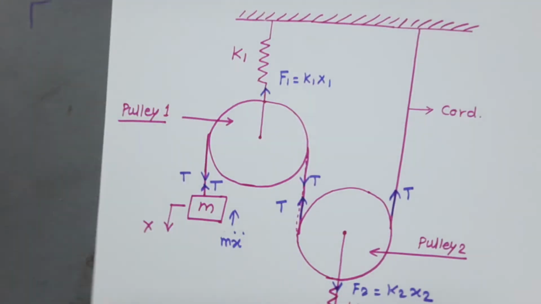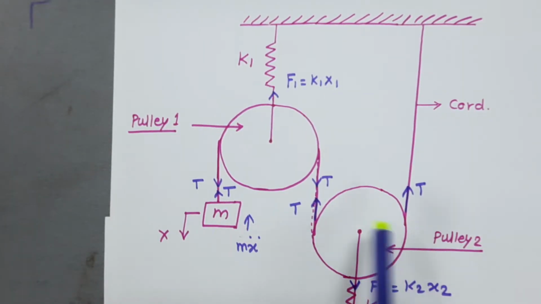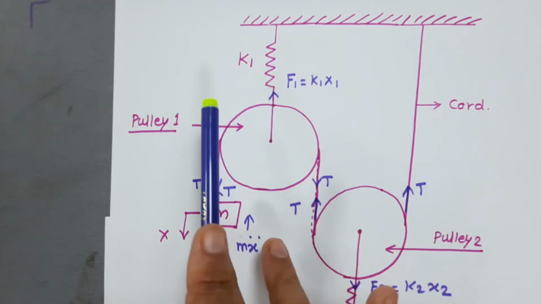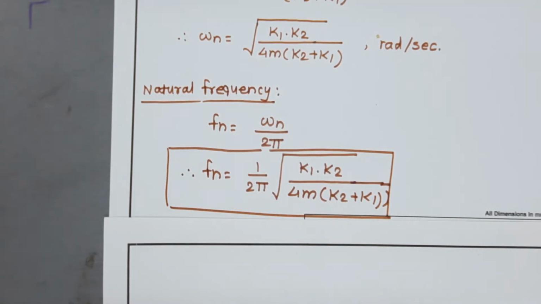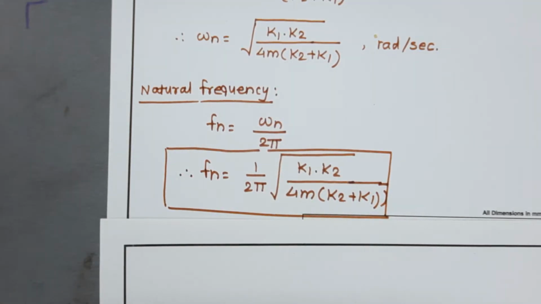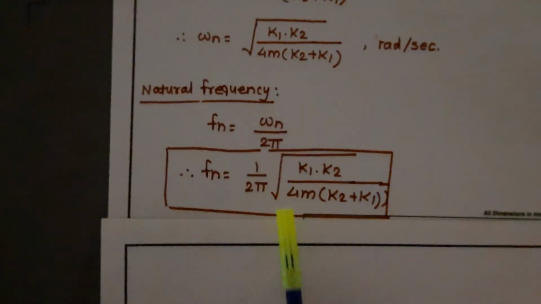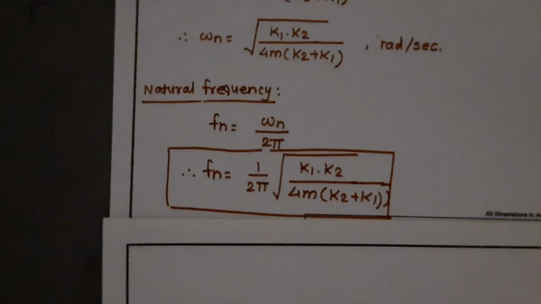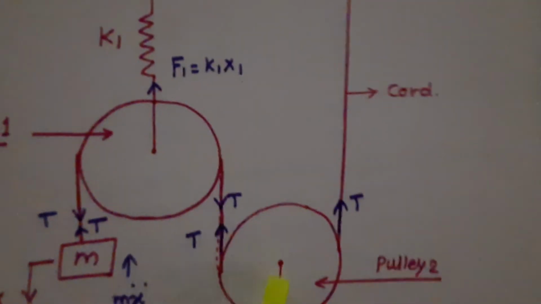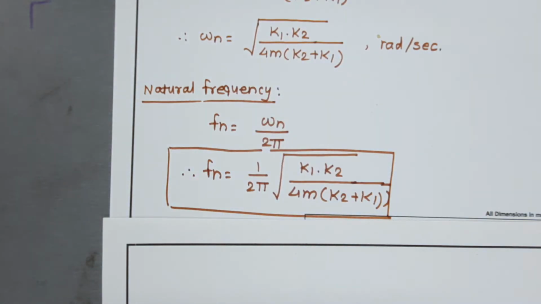Now dear friends, observe here. Here we have two pulleys, then mass M, then two springs of stiffness K1, K2 and an inextensible string. So here the natural frequency equation depends on the stiffness K1, K2 and the mass M which passes over this pulley and the stiffness of the springs 1 and 2. So this is the equation. As the mass of the pulley is not mentioned here, this term does not appear here. Also the radius is not mentioned, so we are not going to consider that radius also. So this is the equation for the given system now.